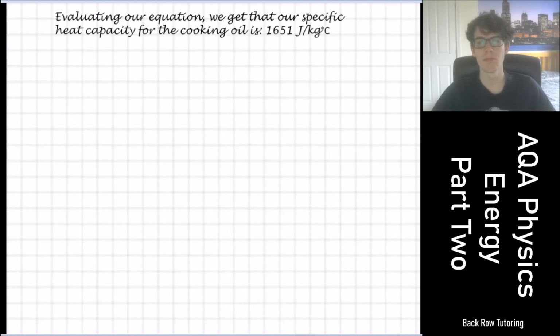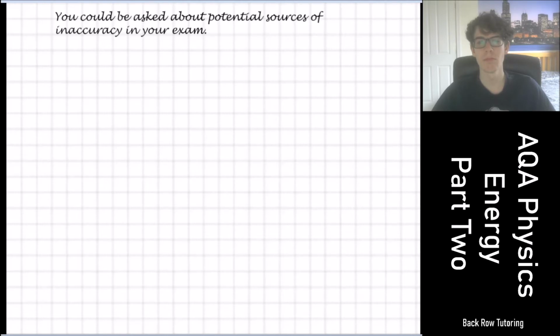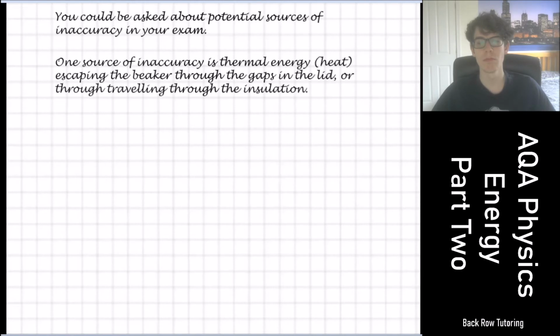Evaluating our equation, we get that our specific heat capacity for the cooking oil is 1,651 joules per kilogram degrees Celsius. Now, in the exam, you could be asked about potential sources of inaccuracy. One source of inaccuracy is thermal energy or heat escaping the beaker through the gaps in the lid or through